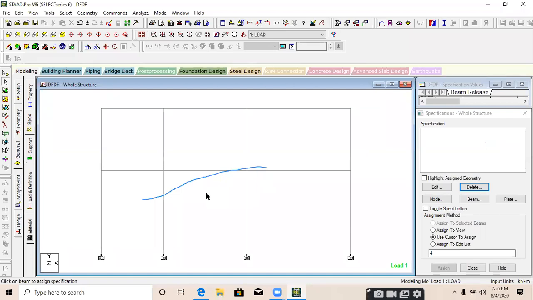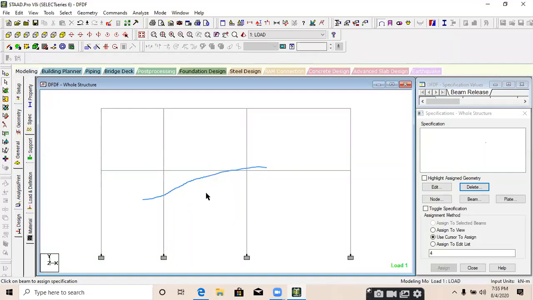So for determinate beams and for indeterminate beams, is the procedure the same or different? Same, sir, same. You just need to change the support condition. If there is one simply supported beam and I apply a pin support at the first end and a roller support at the other end, then it is a determinate structure. We can solve all the problems. So you need to assign the support. The procedure for determinate and indeterminate beams is the same. All the processes are the same.